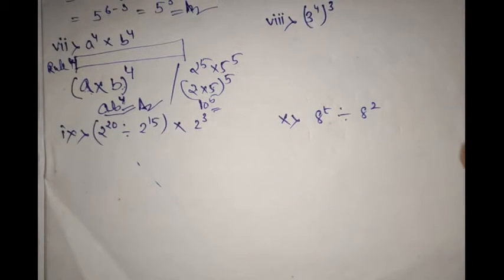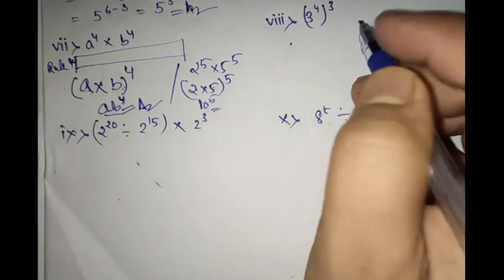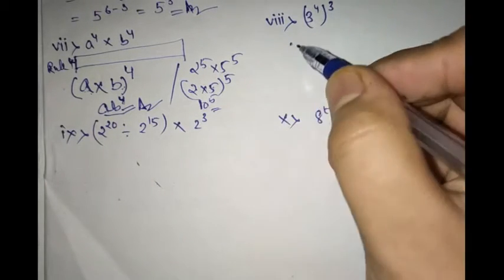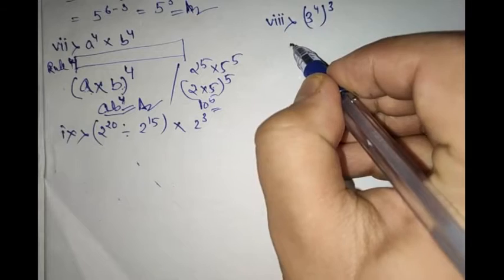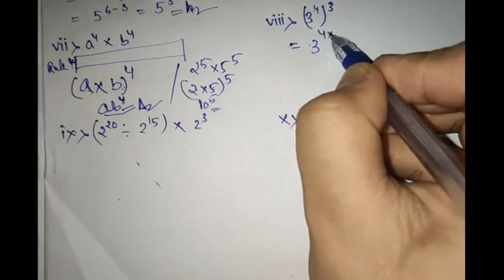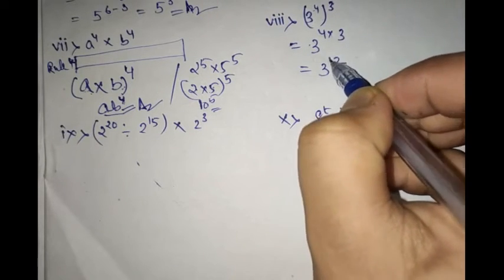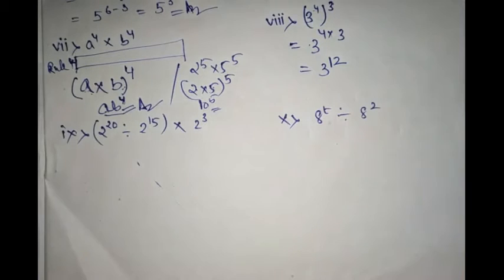Simple, no? So here we have again rule number 3, which I told you in the first session of this period. Now what you are going to do, you will multiply this power, 4 into 3. So what is 4 into 3? 4 into 3 is 12. But before this you will write the rules whatever you have used to solve this problem. Okay, so moving on to number 9.